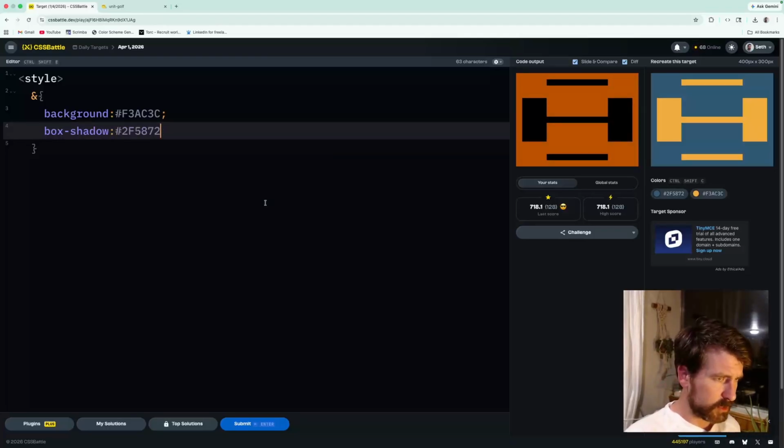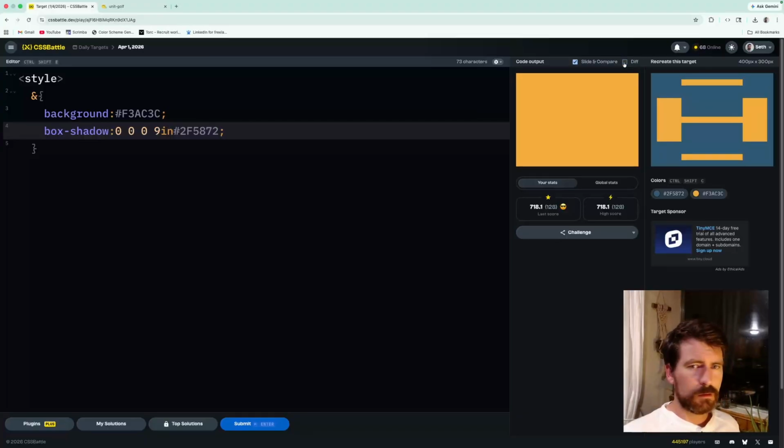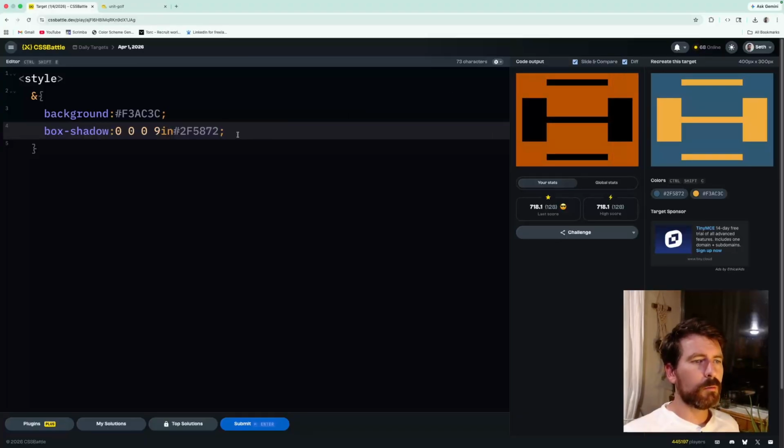Do I want to do a box shadow of the blue? Let's do 0, 0, 0, 9 inch, right? Did I do too many zeros? X, Y, blur, radius. Oh, margin. We got to margin it down for that to work. Okay, if I do it that way,